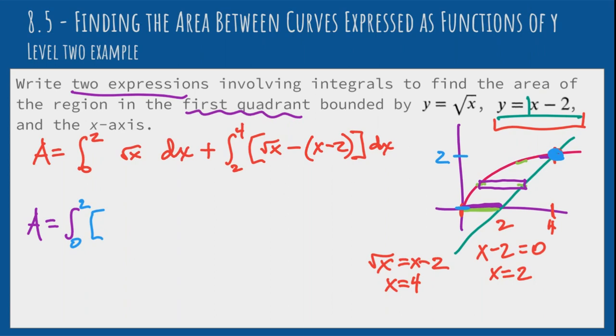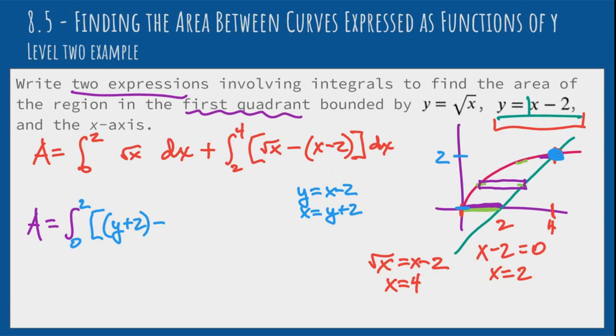Then when we write our integrand, we want to do right minus left, but we have to do this with respect to y. So for both of them, we're going to have to solve for x and write x in terms of y. So the right one is going to be this y equals x minus 2. And solving for x is pretty straightforward. We add 2 to both sides. We get x equals y plus 2. So that's going to be our right function